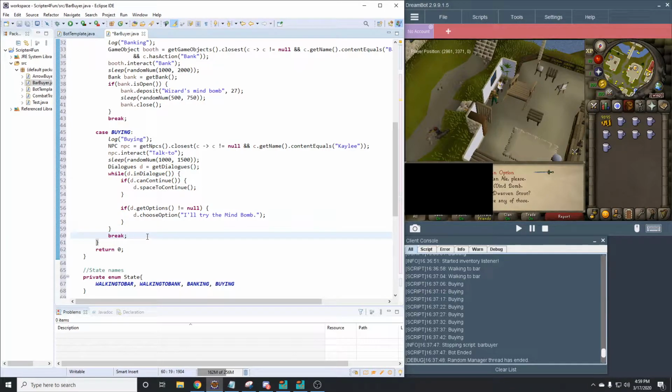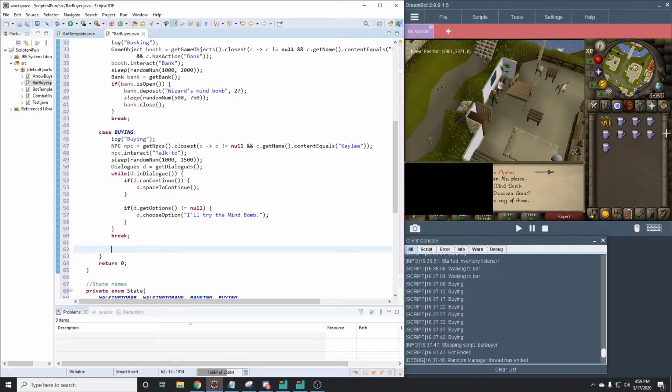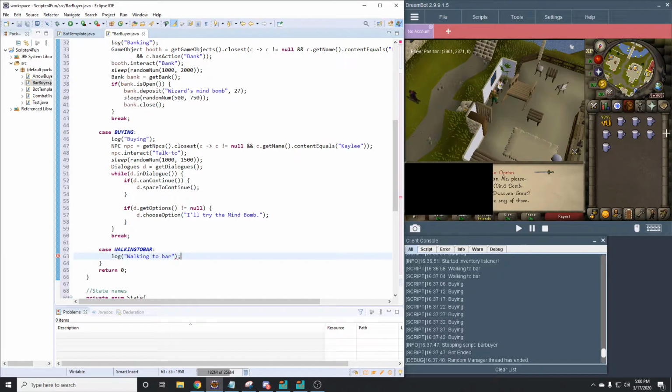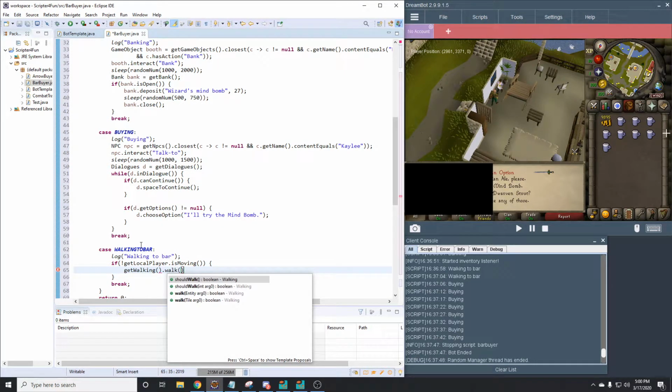And then next we're going to do walking to the bar. So case walking to the bar. So log walking to bar. Make sure you break it, and then we're gonna write if our local player that is moving, then we want to walk to